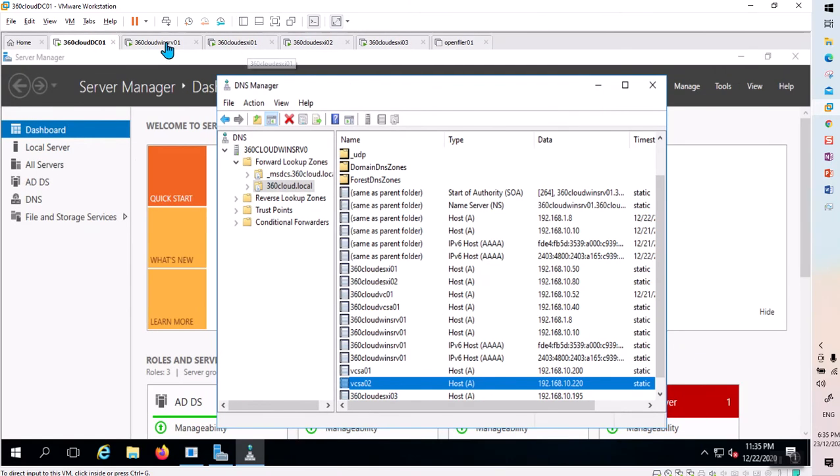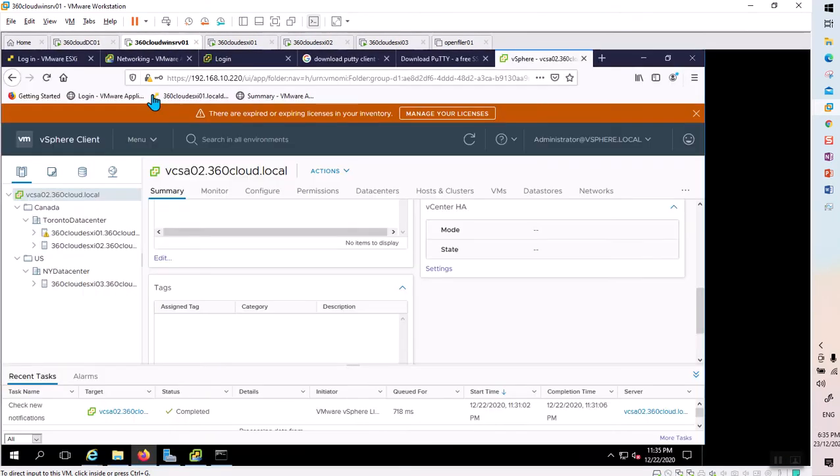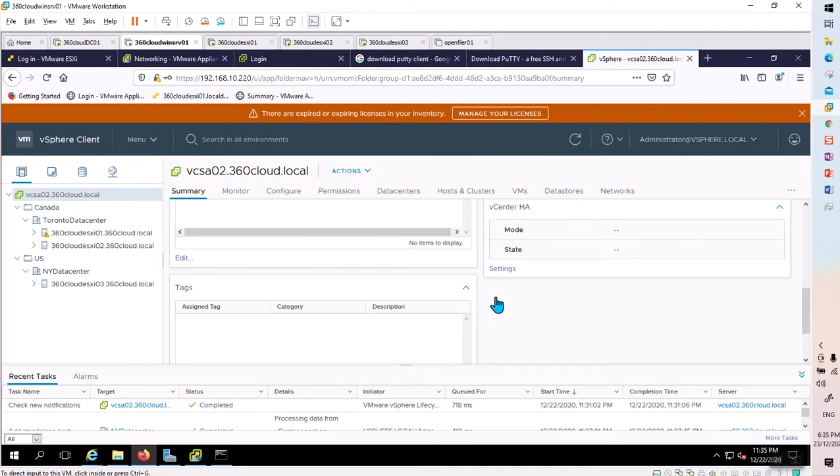All we need to do is jump onto our server. I'm going to go to our Windows server from where we are connected to VCSA. This is the VCSA management console. All you need to do is go to the IP address of your VCSA, which in my case is 220. I'm logged in with administrator@vsphere.local, and now we are going to connect this